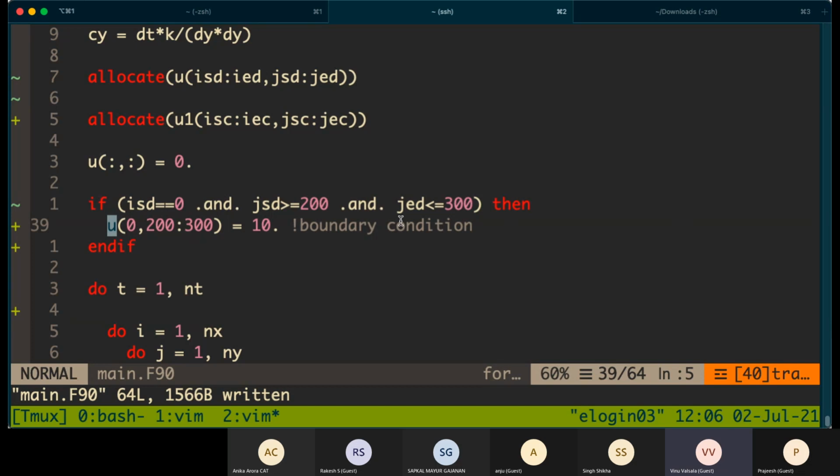Indices are okay. You mean it's not starting from 0, right? That means in each processor, the first processor gets 0 to 50 and 0 to 50 in X and Y, but the next processor gets 50 to 100 and 0 to 50. So in that processor, the first 50 allocation will be wasted, right? No, actually, it's just the index value. So the memory used will be just 100 minus 50. Yeah, that.